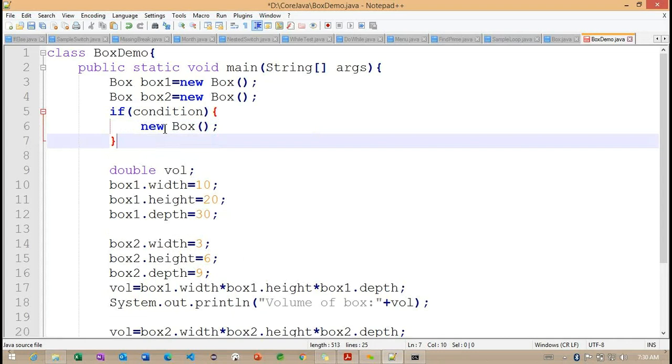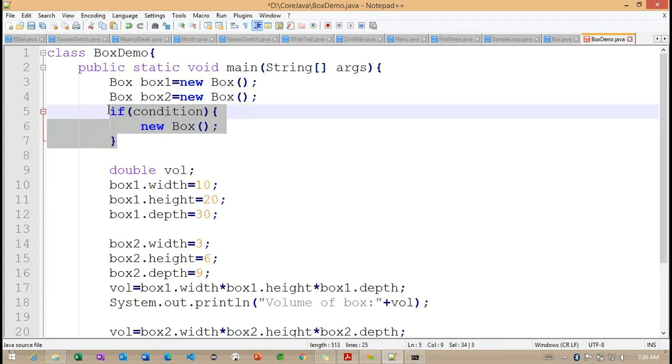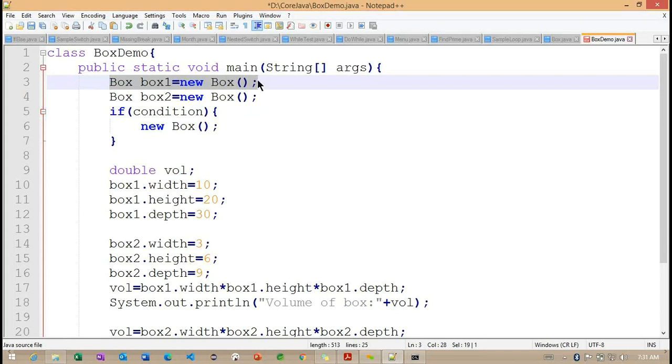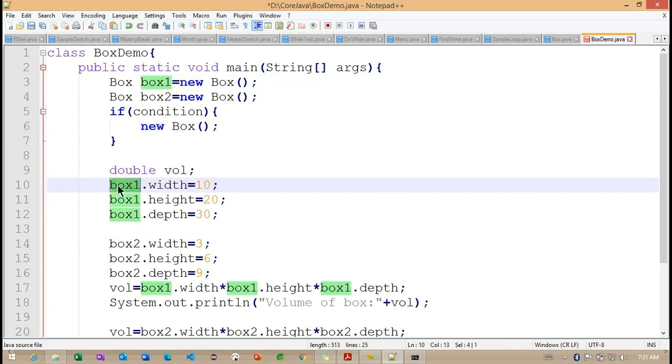Now I created this object, and I want to access this object outside of this condition. But if I define the whole line inside this conditional block, we cannot access it outside of the condition, like box1.width equals 10 here. We may get an error because we're trying to access it outside of this scope.